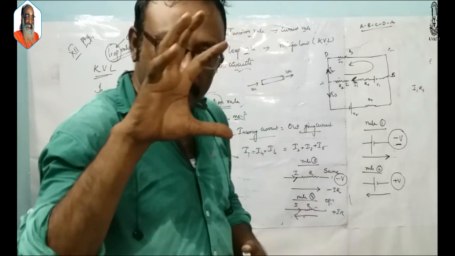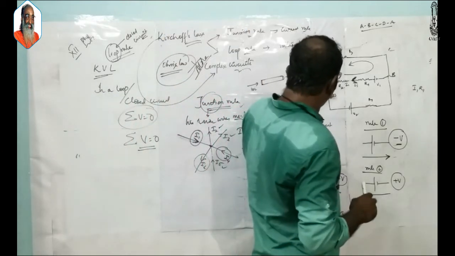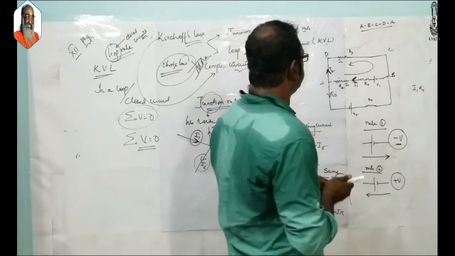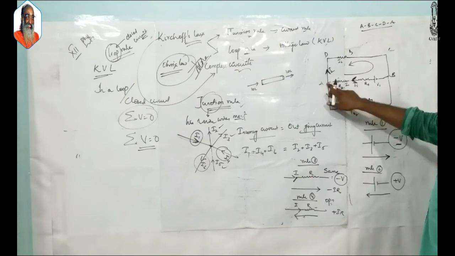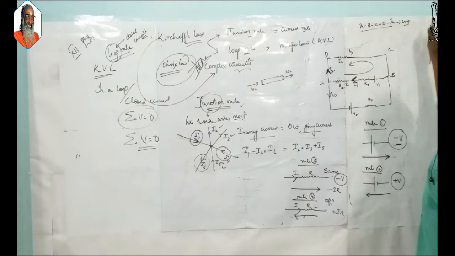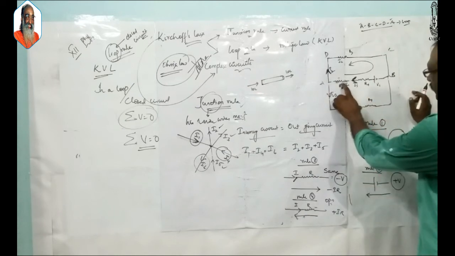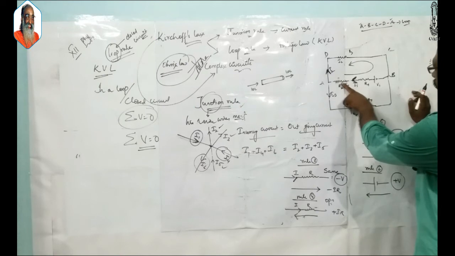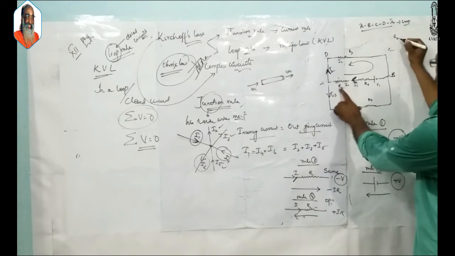Now, in this loop, you are starting from A, so the loop should end at the same point, A: A, B, C, D, so this is a loop. In this loop, I am starting from A, and I first find the component here, the resistance R2. What is the voltage here? V is equal to IR. So resistance is R2 and current is I1, I1 R2. The current is in this direction, but I am moving in the opposite direction, opposite P, so it is plus.